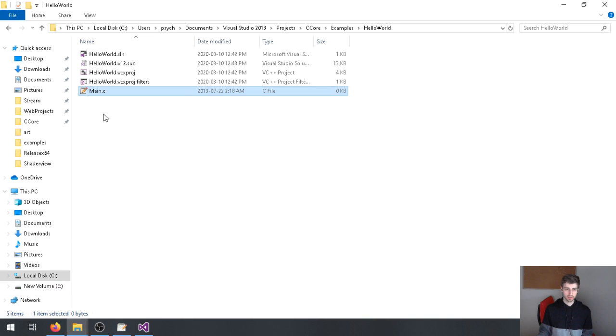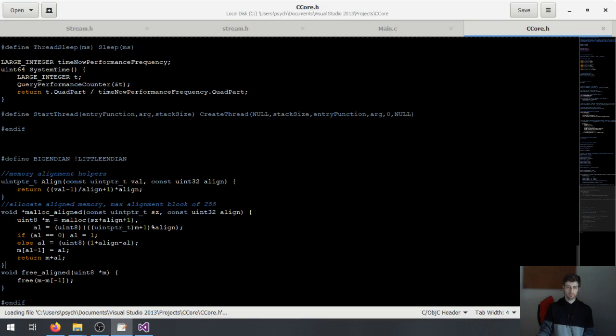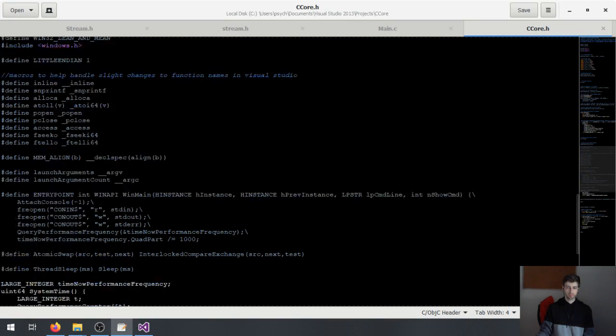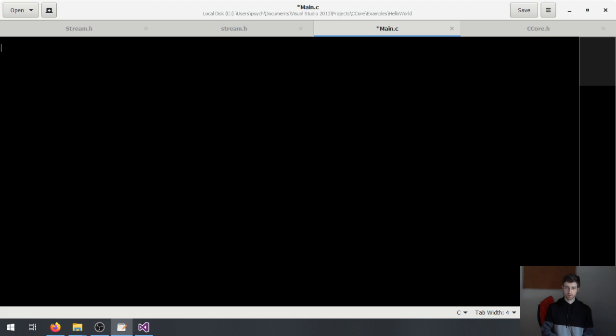So part of this C core includes an entry point macro. Right here, entry point. So this handles loading the launch arguments and things, and that way you don't need to worry about writing win_main. So actually the first thing we need to do is include